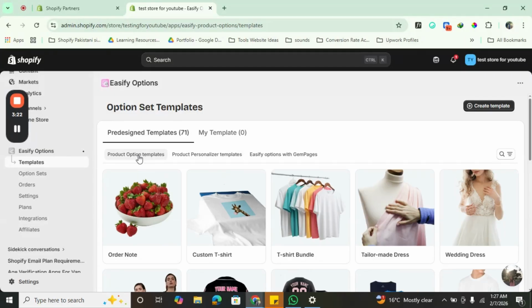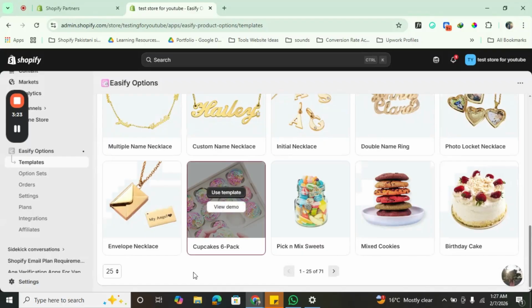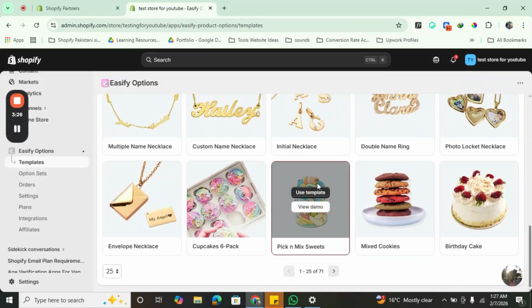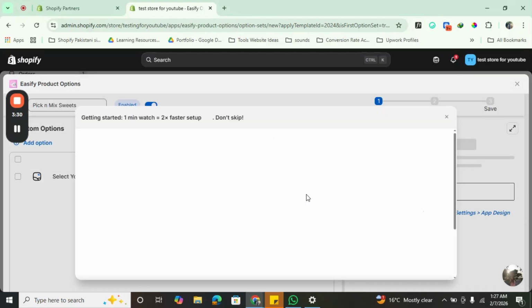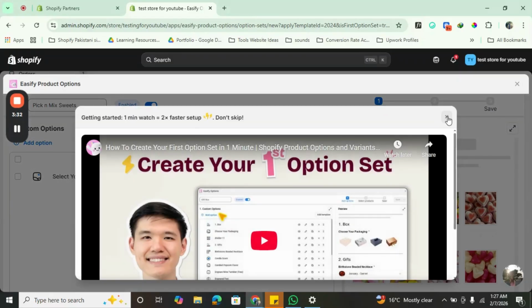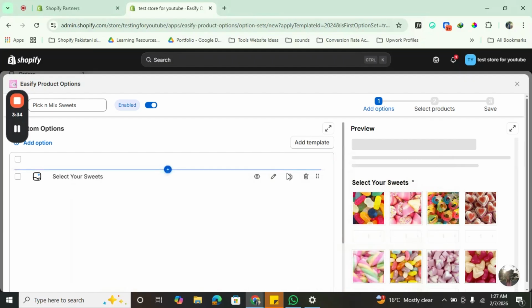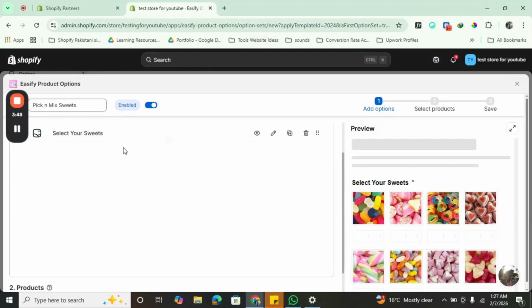But we are going with my favorite option, which I like a lot, pick and mix suites, and you have to click on use template. If you want a manual option, you can go with it, you can add your own fields, but I don't like that option. I want something that is already built in. Okay, I think it's not enabled. So the template name is pick and mix suites enabled, and we already have the option